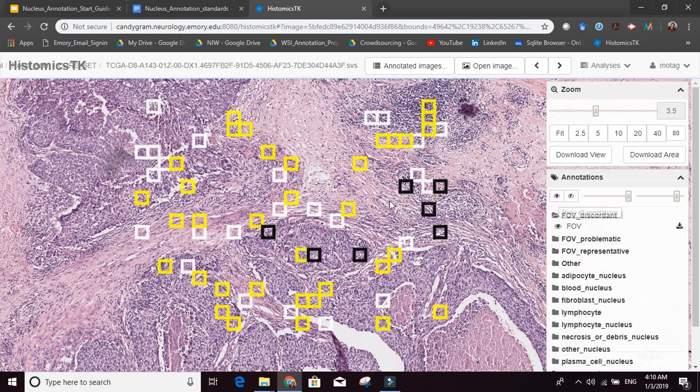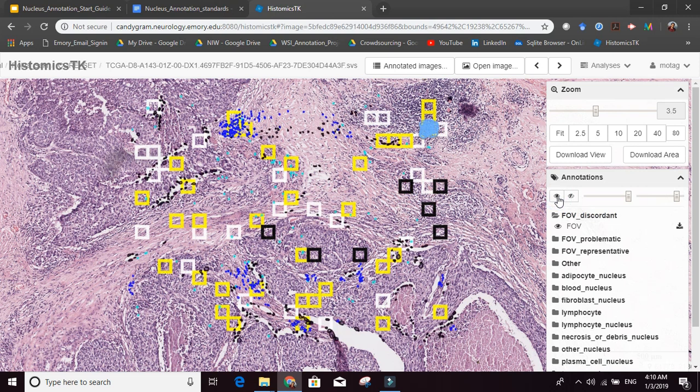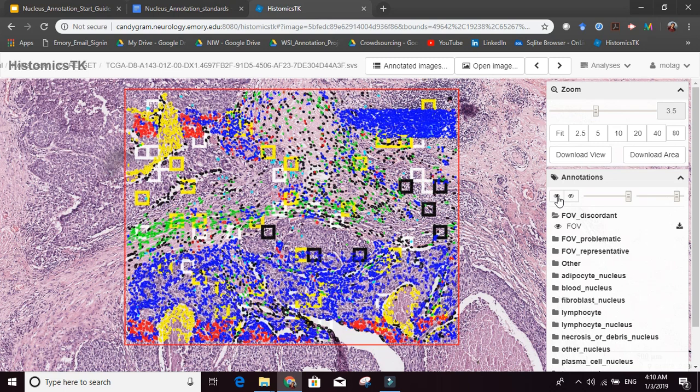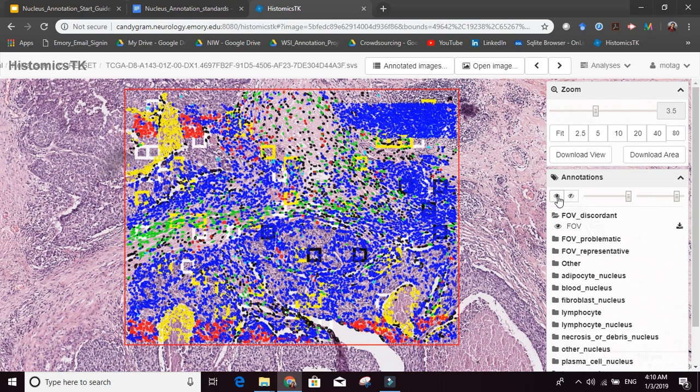Now that you have a feel of where the fields of view are, you can just click on this eye icon, which is going to show everything. After you click it, it's going to take a little while to load. Don't worry, just wait a little bit, because the computer is loading all these annotations that the algorithm has created for you to correct.